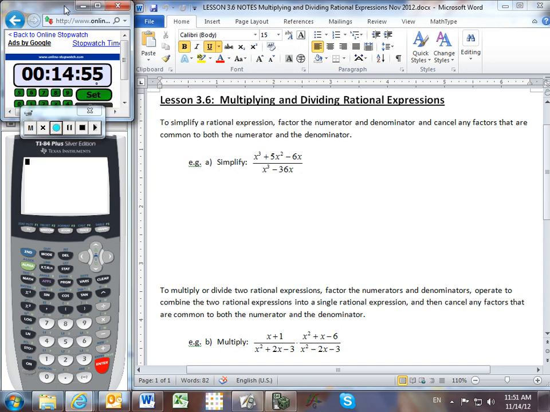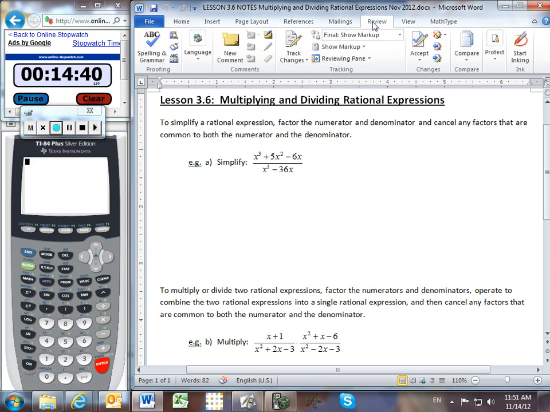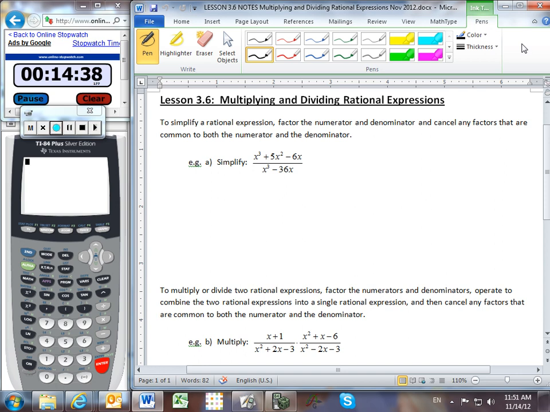Alright then, we're going to be looking at multiplying and dividing rational expressions. Let's just start with the simplification of a single rational expression, and the idea is that we will factor the numerator and the denominator, and then we will cancel any factors that appear in both the numerator and the denominator. And so